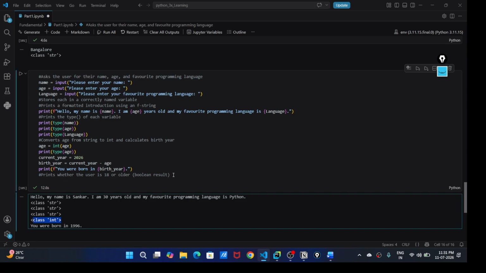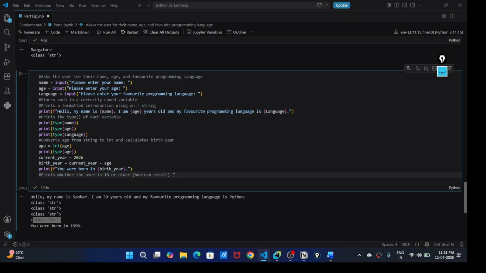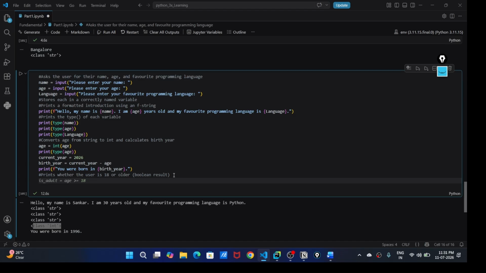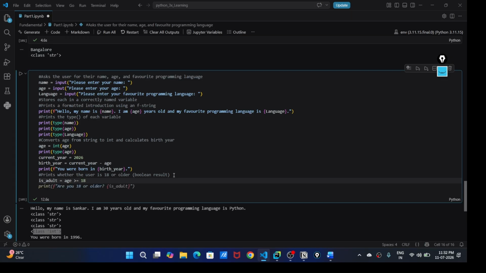Print whether the user is 18 years or more or not, just is adult or not. Is adult equals age greater than or equal to 18, right?